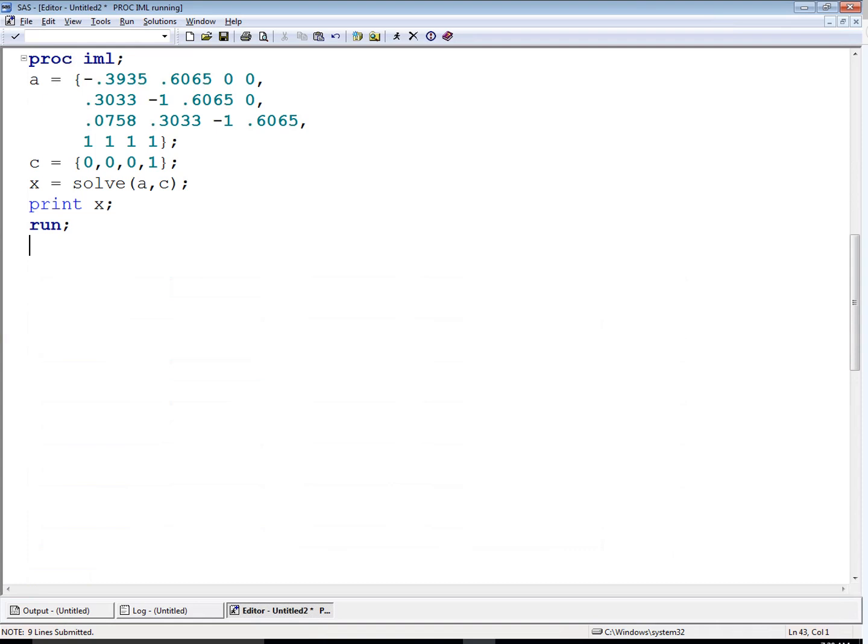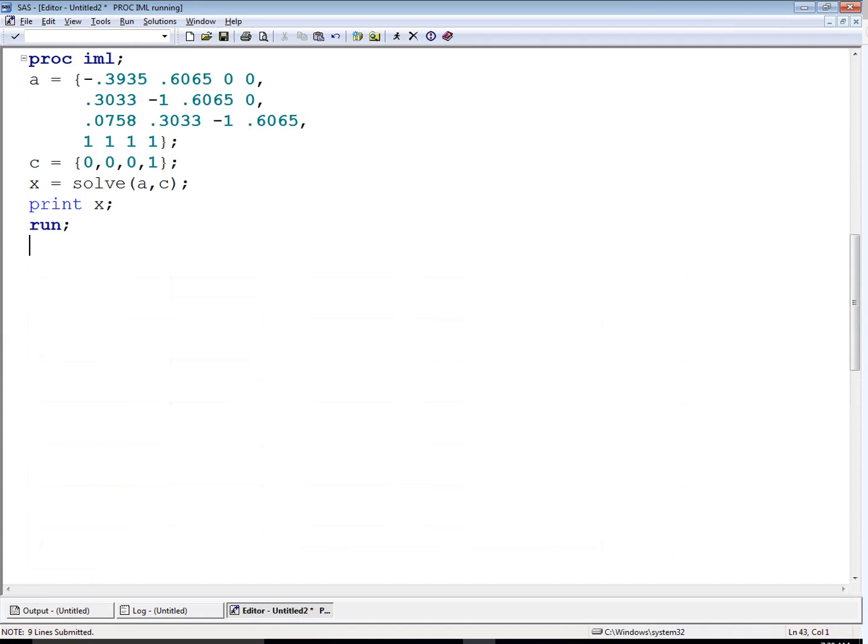So in PROC IML, each of those lines is referring to an equation. That negative 0.3935 and that positive 0.6065 is referring to that first equation that we had. You might say, well, where's that negative coming from? Well, we have to set these equations up, well, we don't have to, but it's simplest to. No, I guess we do have to, where all the pi 1s are on the same side of the equation.